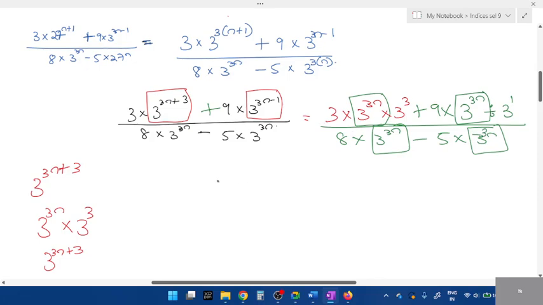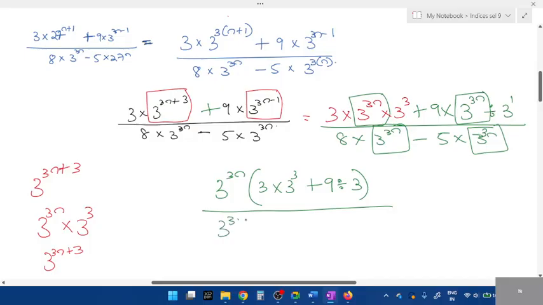So I have to take out so that I can cancel it. See here, 3n if I take out, what is left in the numerator? Apart from that, what are the other numbers left? 3 into 9 divided by 3. Power 1 just ignore. Denominator if I take 3n,